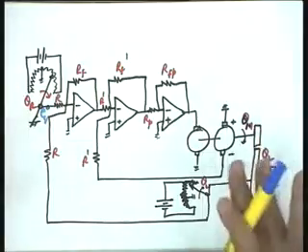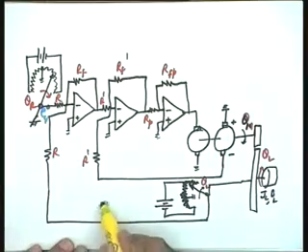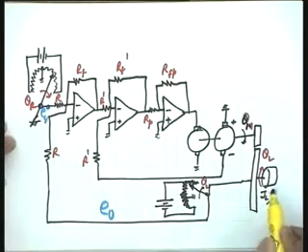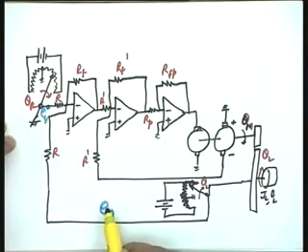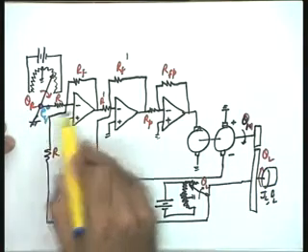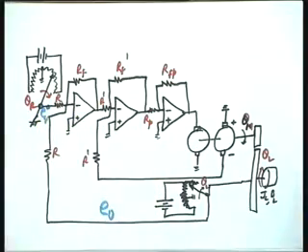But a symbolic arrangement, a schematic diagram, could be taken at this stage, as if I have a device for generation of the reference signal and a device for generation of the feedback signal, and these two potentiometers could be replaced by better devices. Those better devices will come up later in our discussion. But at this point I have a voltage E naught, which is the feedback voltage which depends upon theta L, and I have a voltage ER which is the reference voltage which depends upon your command.